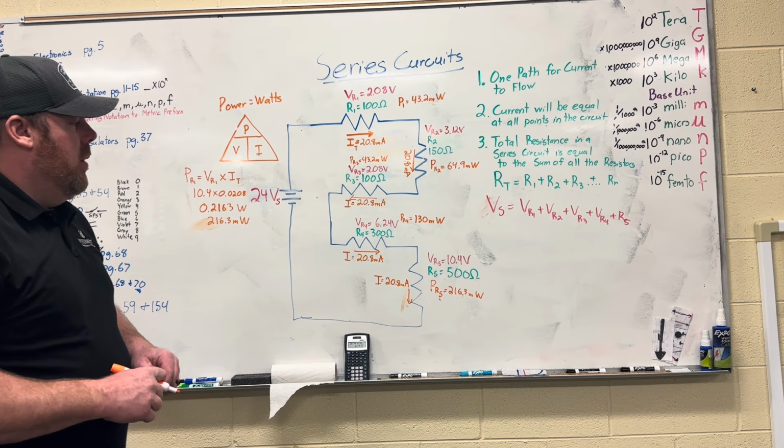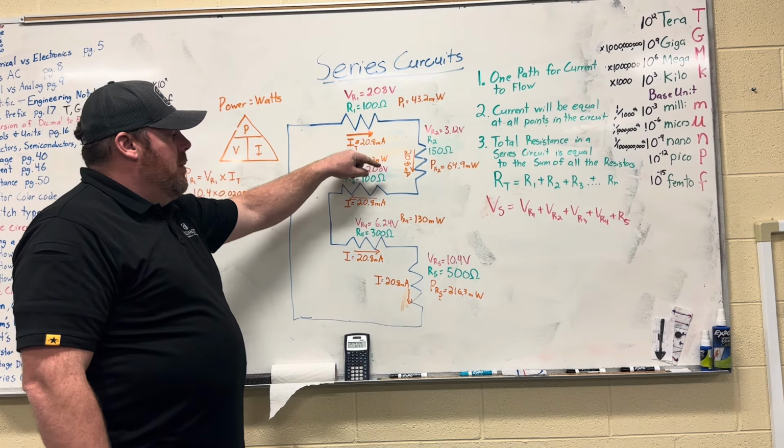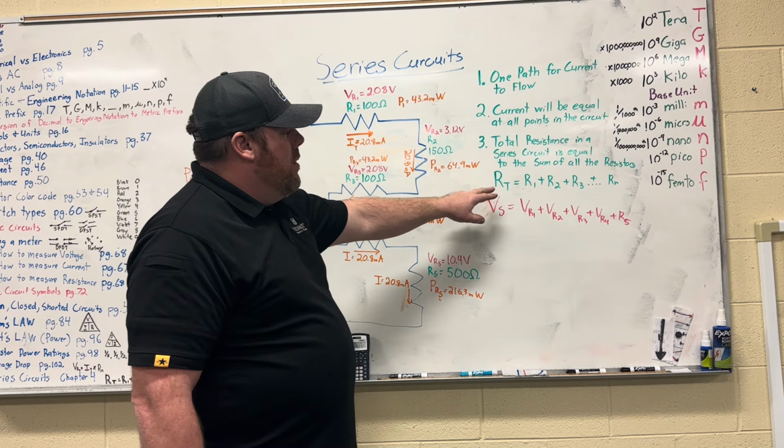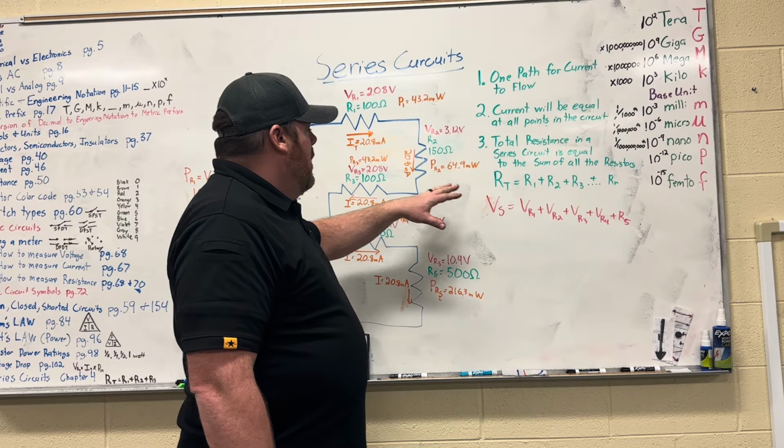So in that way, we originally had 24 volts. We had the resistor value of every resistor. We determined the total resistance, or the sum of all the